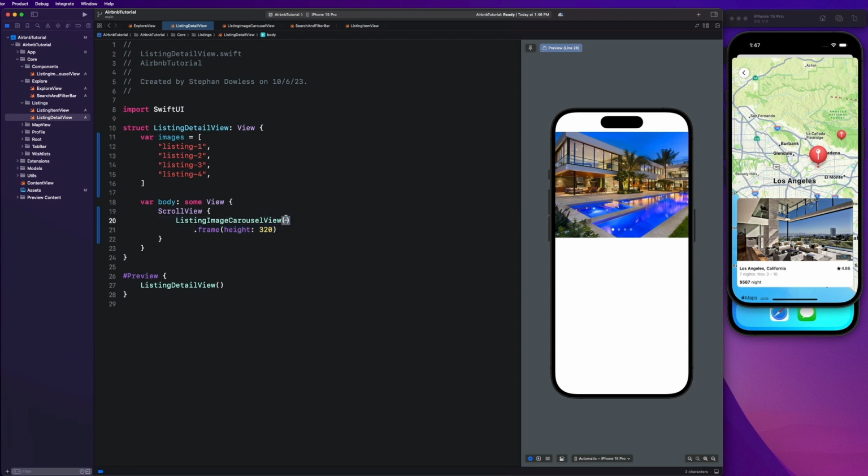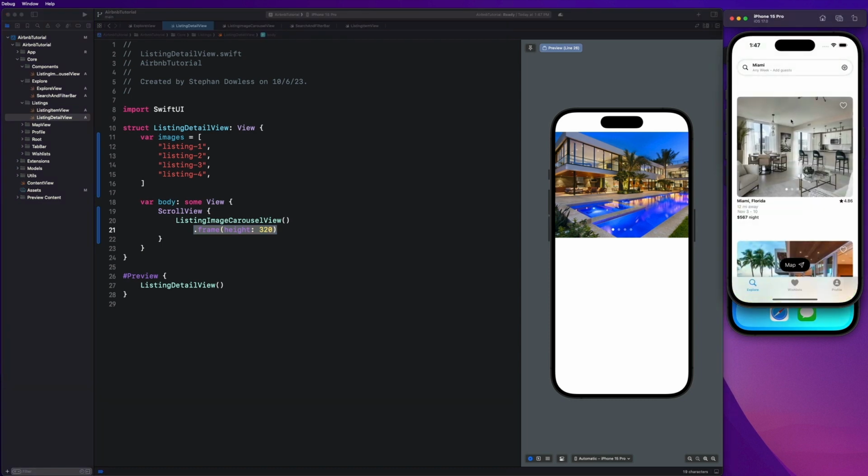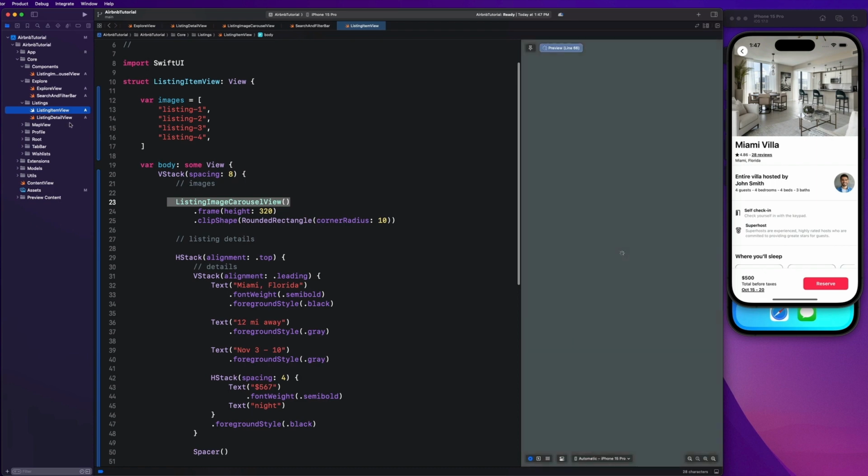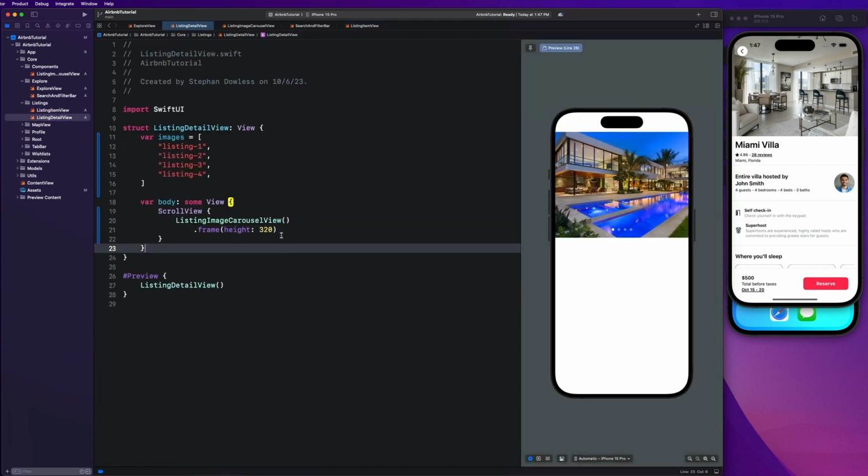You guys could also make the height like an input parameter, and maybe give it a default value of 320. That's another way of doing it. But this is better in my opinion. So let's just keep going now. So let me exit out of this, go back to our guy. All right, so let's get started with the listing info now, guys. So listing detail view, sorry. Right. So next up, we are going to